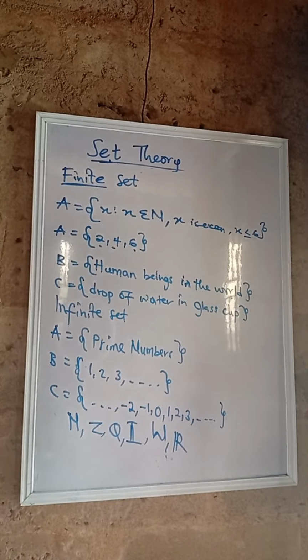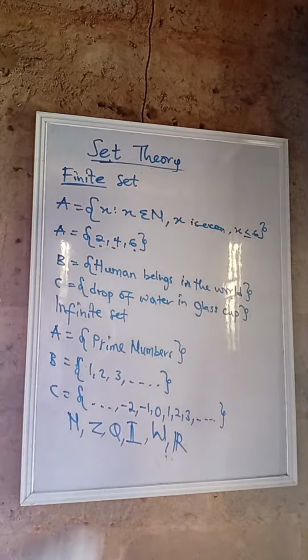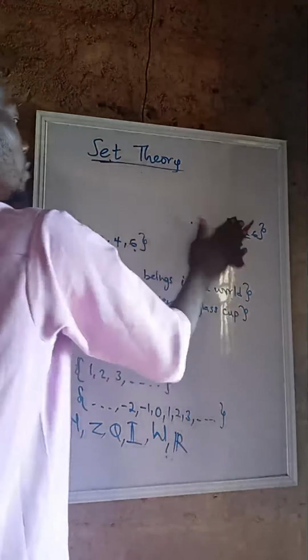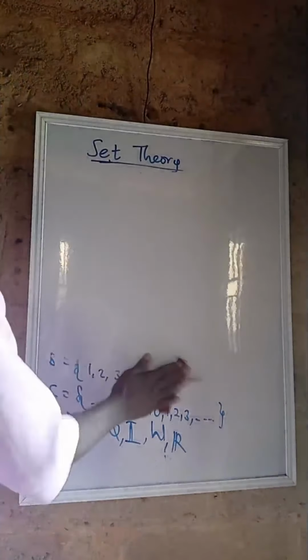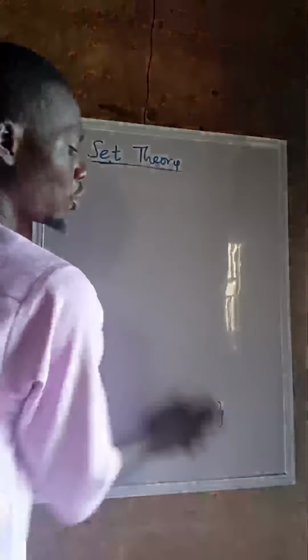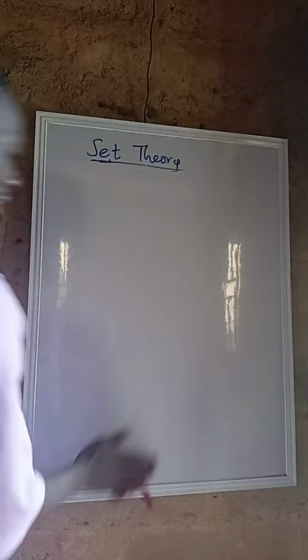Moving on to another type of sets, we're looking at equal sets. So we want to see the difference between